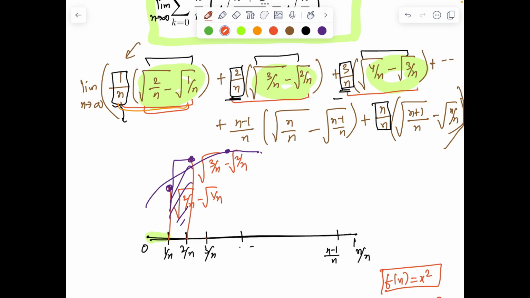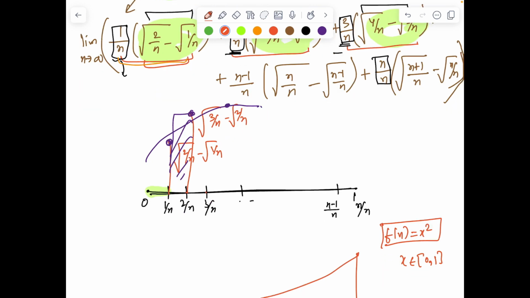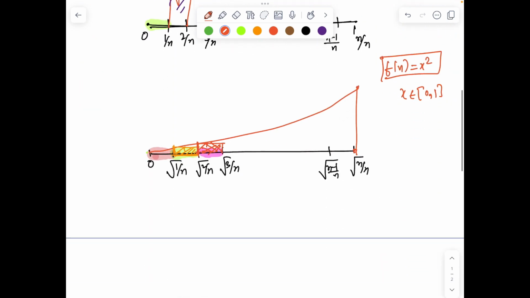So this is length into breadth. In the same fashion, we can repeat this, and you can see the third segment will have 3 by n as the height, and the gapping is root over 4 by n minus root 3 by n. So if we keep on doing this, we can roughly make this diagram